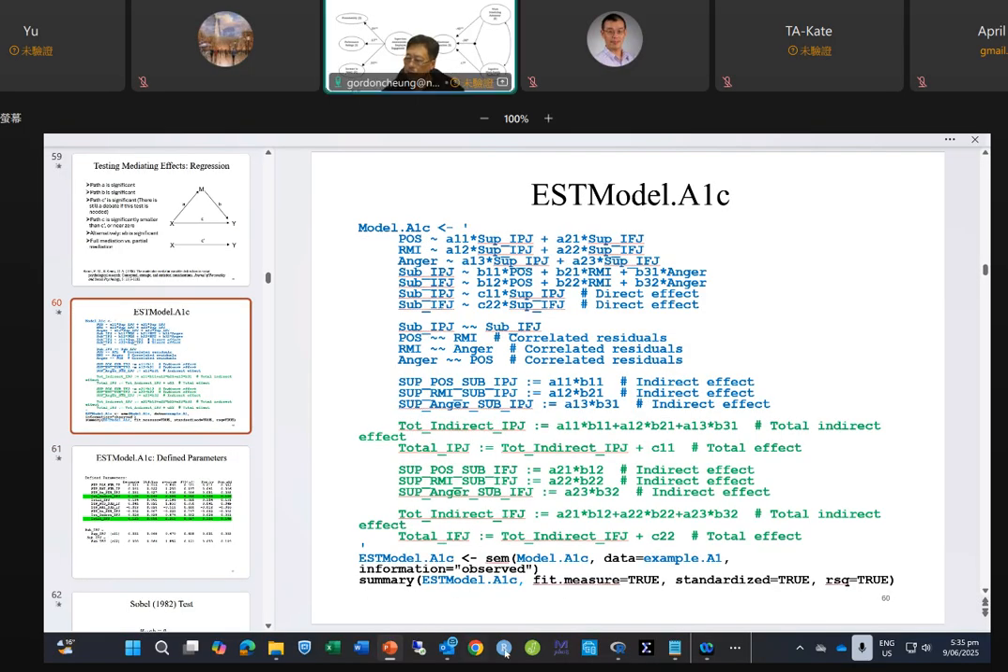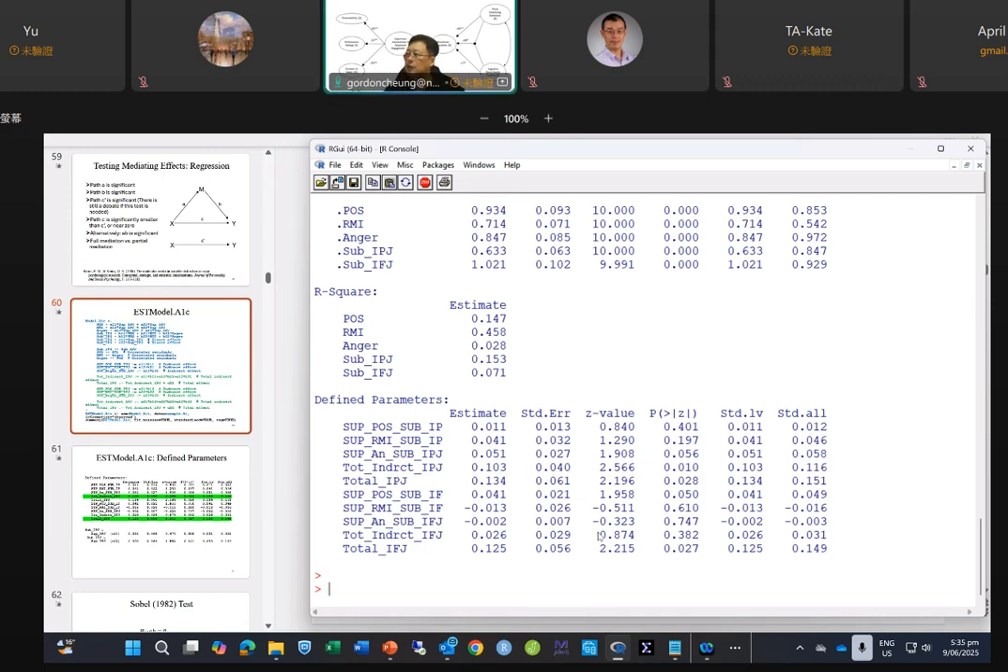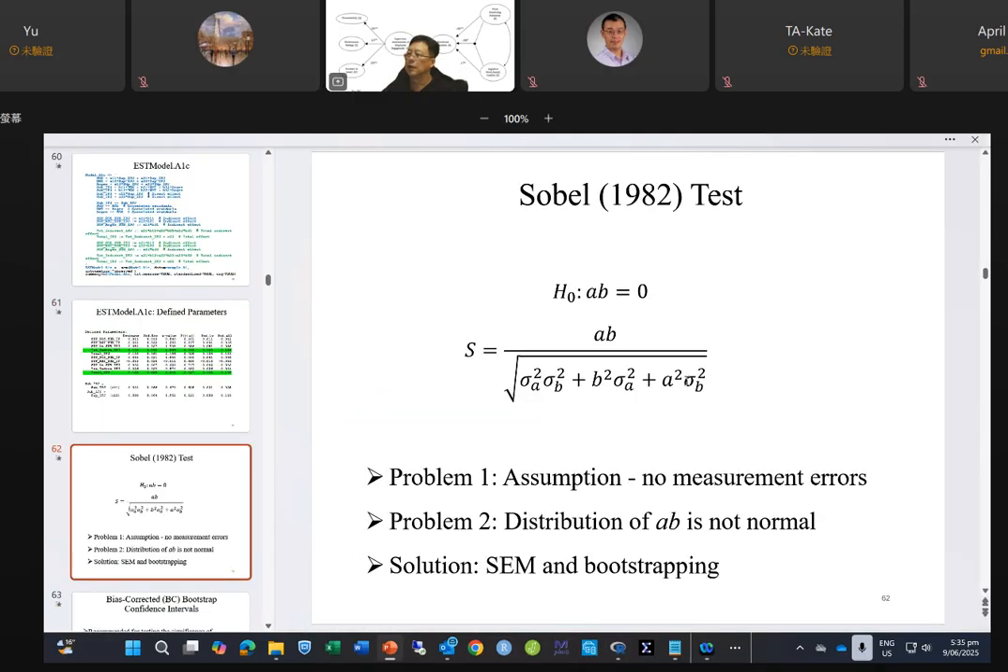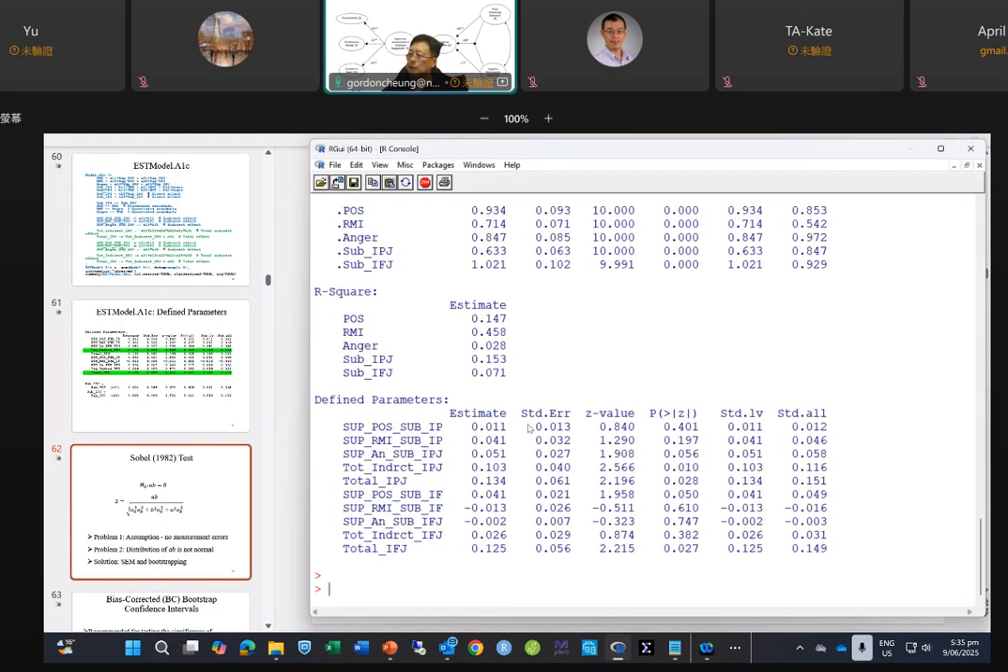Have you got your results? Yes, okay. Good. Now, the next concept is how do we test the indirect effect? Indirect effect is A times B. The null hypothesis is A times B equals 0. The software, the R outputs that you have got for the indirect effect, this p-value